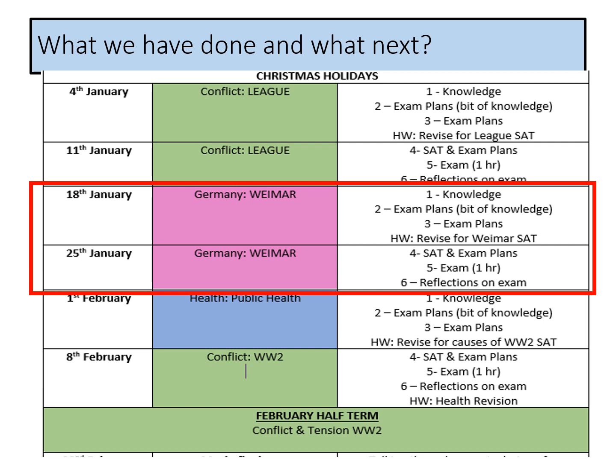Now, clearly, you have just finished 2 weeks looking at the League of Nations as part of your conflict topic, and before Christmas we also looked at a number of different topics, including the first one for Germany, which was the Kaiser. We've also finished looking at the Treaty of Versailles, and we've started looking at some of the themes of health and the people. What we're about to look at next is Germany and Weimar.